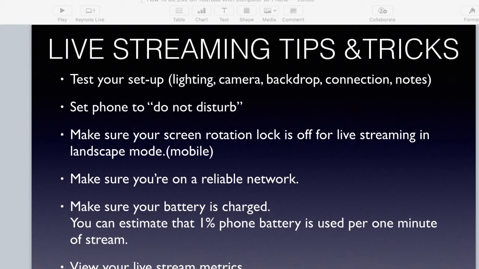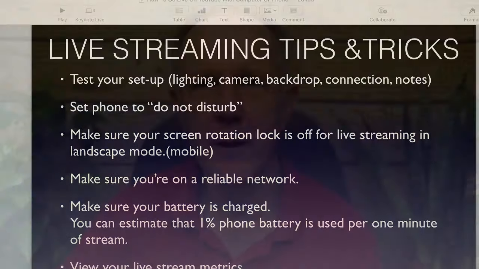When I first started live streaming, my backdrop was just a plain wall, which is very uninteresting. So if you're going to have a backdrop, then I highly recommend getting something like I have here. You can also, if you go on Amazon, find